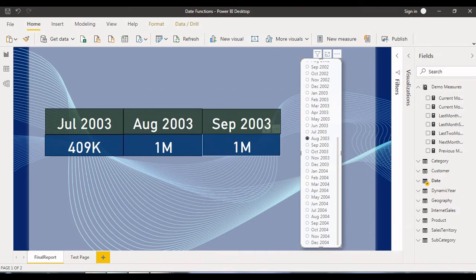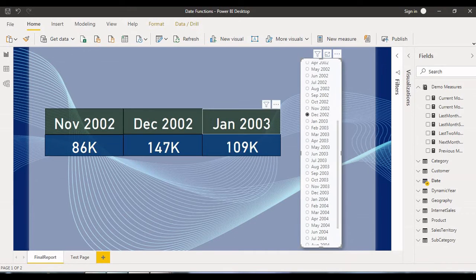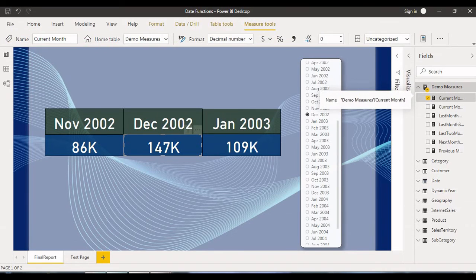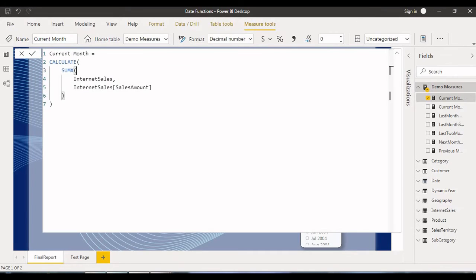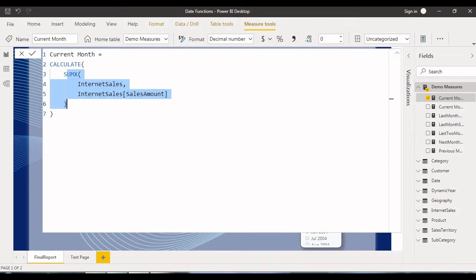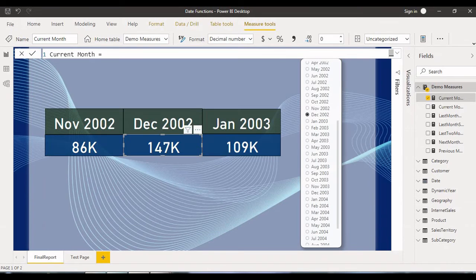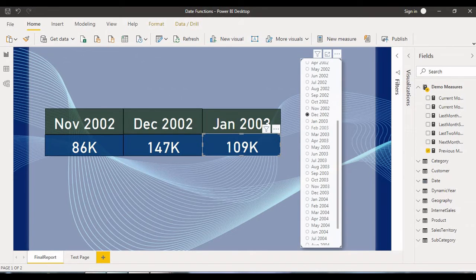Okay, so now I'll try to show some measures. So the current month, it's very straightforward, so I'll try to zoom it. I have used the CALCULATE and SUMX functions to get the current month, I mean to say the selected month. So for getting the previous month,